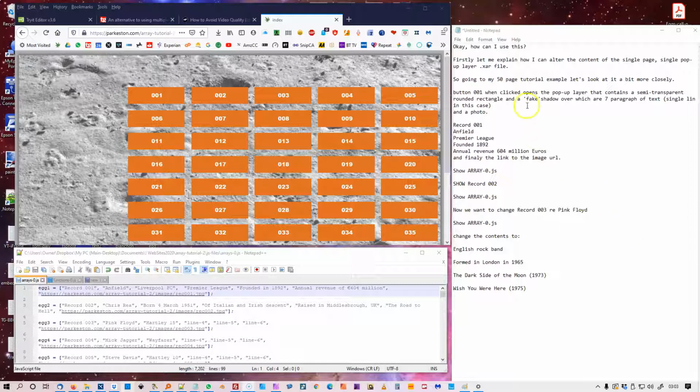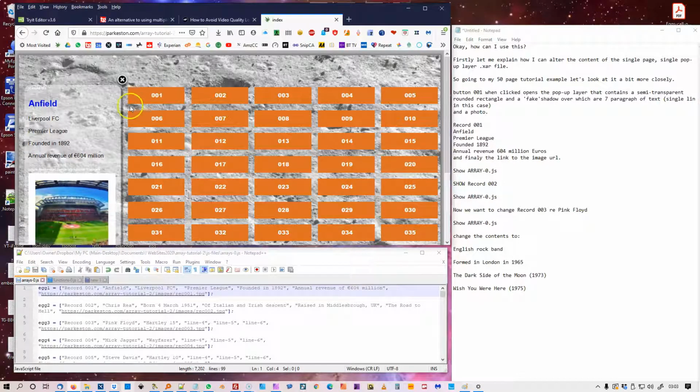Button 01, when clicked, opens the pop-up layout that contains a semi-transparent rounded rectangle and a fake shadow over which are 7 paragraphs of text, single lines in this case, and a photo. So if I click on 01, it has the semi-transparent rounded rectangle, this fake shadow here, and then it has the line up here, record 001, has the name